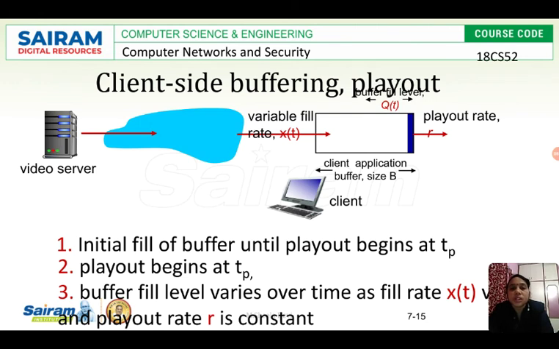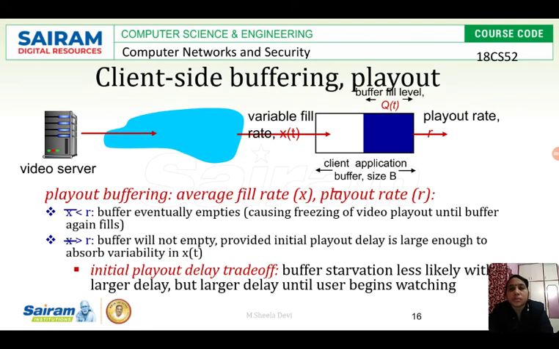We cannot say that whatever the client absorbs, the same amount will be filled in the client-side buffer, because as the bandwidth varies, the amount of data entering the client buffer may also vary. So this is what happens at the client-side application buffer.